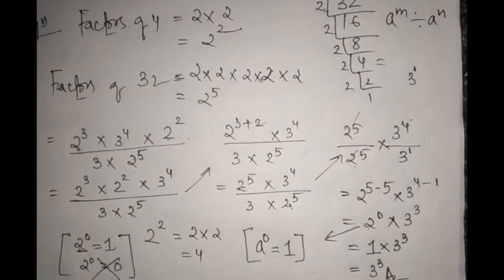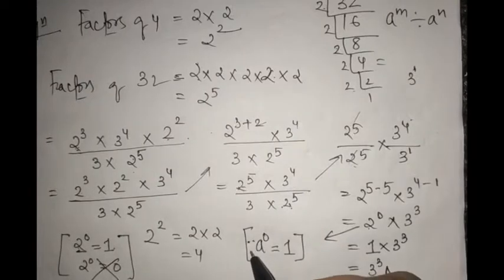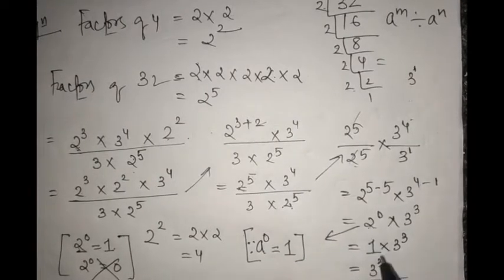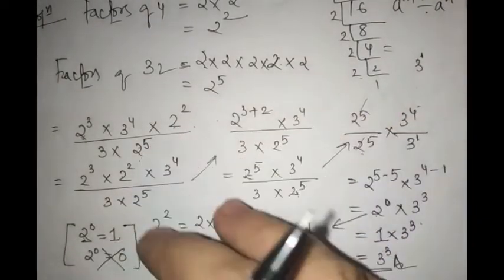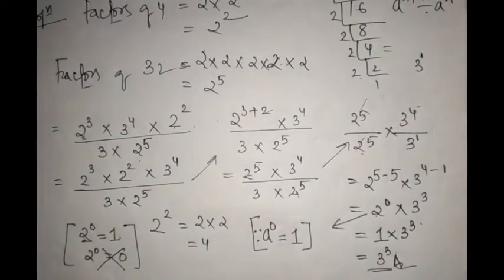Okay, so the concept is any base possessing an exponent 0, the result will be 1. Okay, so since a to the power 0 is 1, I have written here 2 to the power 0 is 1 into 3 cube. So 3 cube is 3 cube only, right? So you don't have to write the value of 3 cube because they have not asked us to write the value. They have just asked us to convert or simplify and write in the exponential form. So this is our exponential form. Okay, I hope you have understood this. Alright, so let us proceed to the next part.